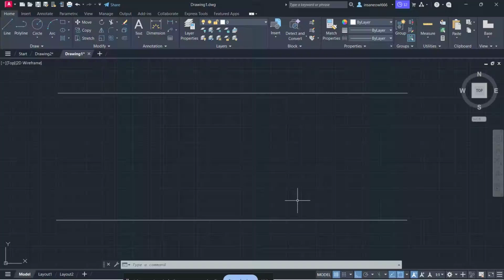If you need to place a center line exactly between two lines in AutoCAD, this quick tutorial will show you the fastest way to do it. This is a really useful tool when you're working on mechanical drawings, technical layouts, or any design where center marks